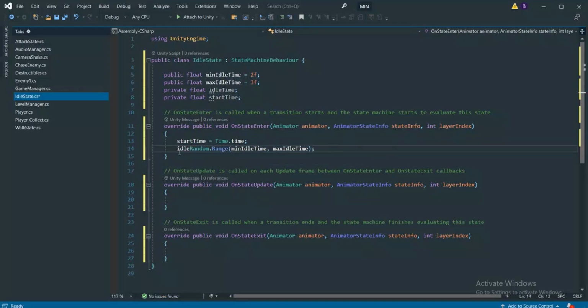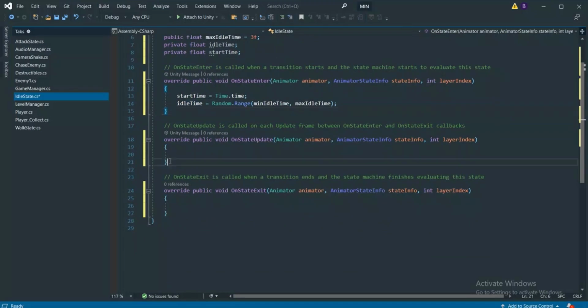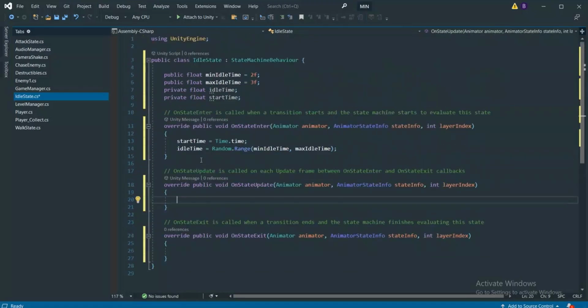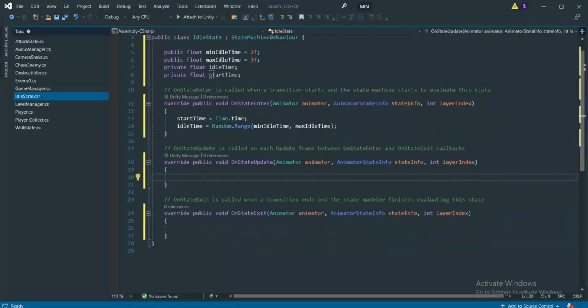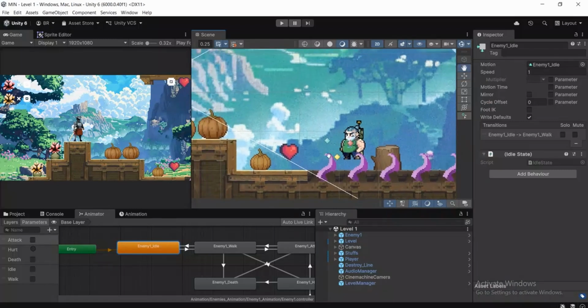So I'm gonna set my idle time equal to this, which can be 3, 2.1, 2.2 and so on. And now we're gonna go over to the OnStateUpdate function, and over here we just want to check if the idle time is up or not. If it's up,